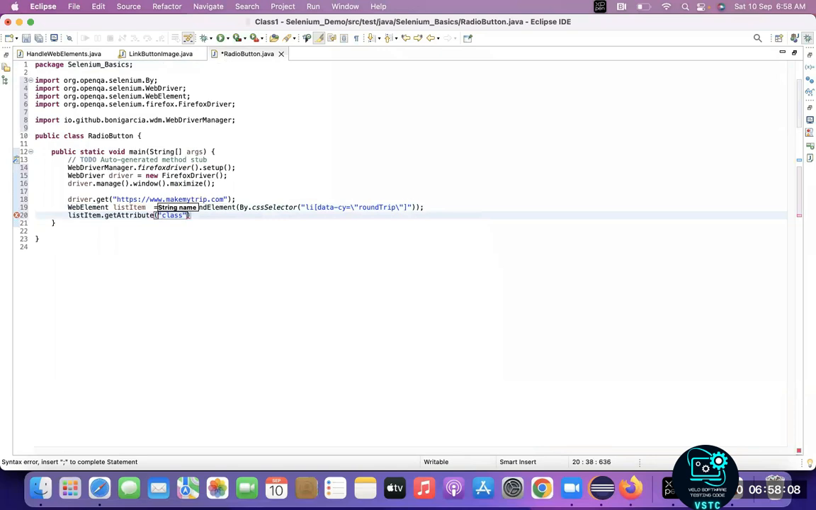It will return a string. So let me store this in a string, class value is equal to this one. Okay. Once this class value is returned and stored in class value, we will check if